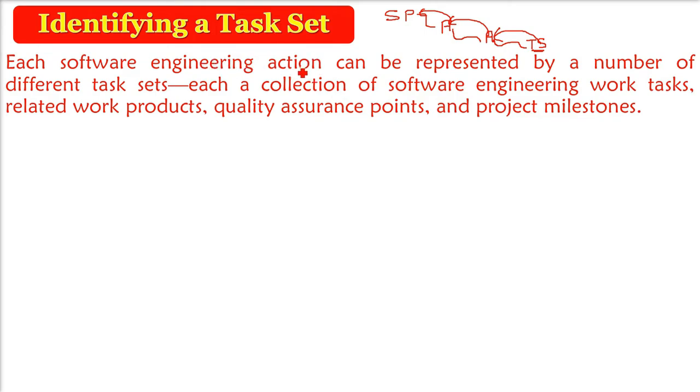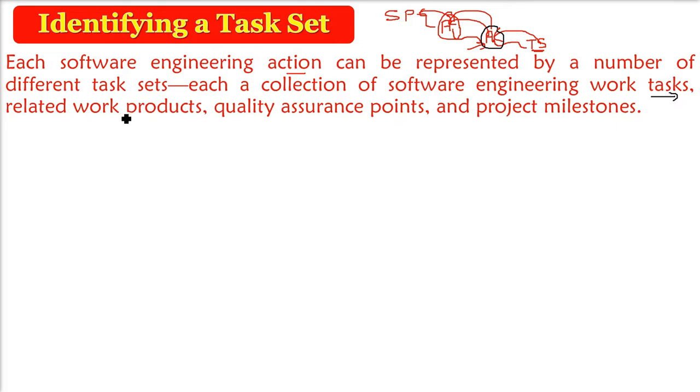So each software engineering action, I am talking about in this ladder, the third one, this one. Let me just highlight it. This action needs a certain task set. So this can be represented by a number of distinct or different task sets. And what are these? These are nothing but a collection of software engineering based work tasks. Why are we saying this? Because this is related to different outputs, different points, different project